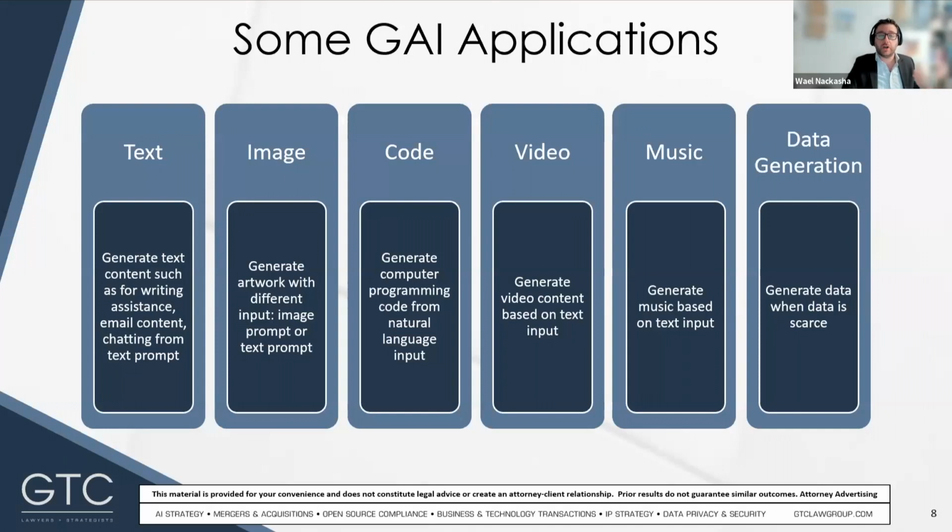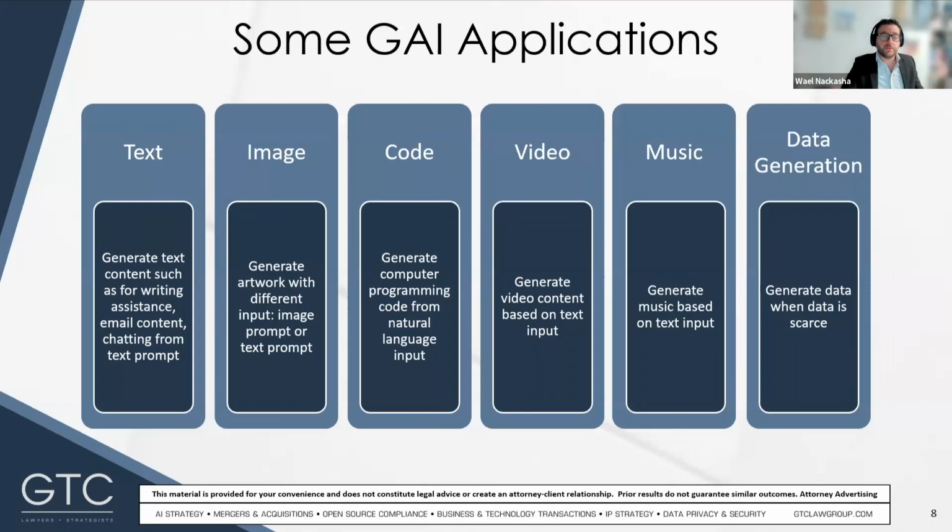It could be used to generate code, which creates computer code from text input. And not only code, but it could also be used for code augmentation, like generating code comments and testing the code. It's actually in our line of work, this is picking up greatly, and we have helped many clients put in place code generation and augmentation policies just in the recent months.